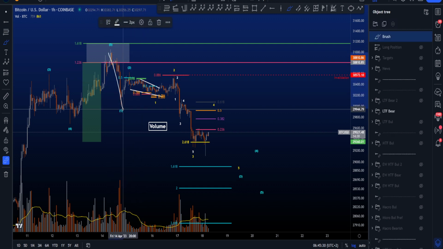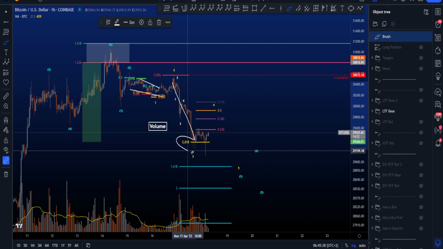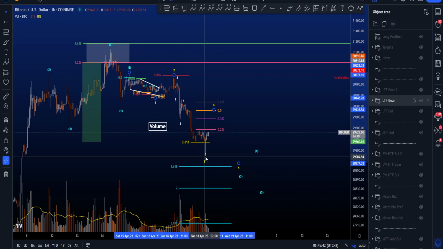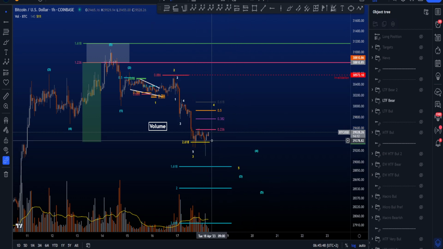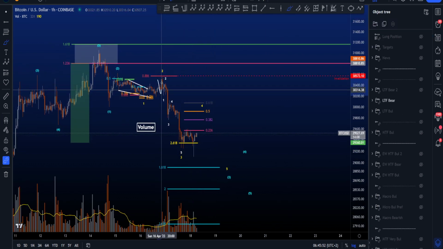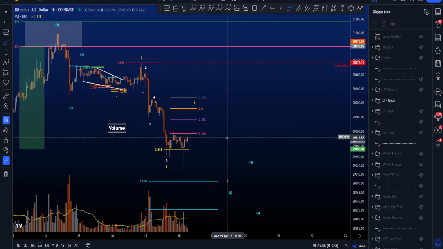So we have a wave 1 impulsively, wave 2, another 1-2 with a leading diagonal in the 1, 3 waves in 2. Then we have this as a wave 3, which, well, actually I should now make the wick the wave 3. Or actually not in this scenario. So if we go back, then this is the low of wave 3 at the 2.618, which is fine. We can count a 5-wave structure in here. And then this wick can be part of a flat scenario as well.